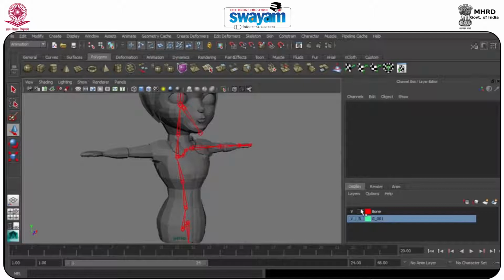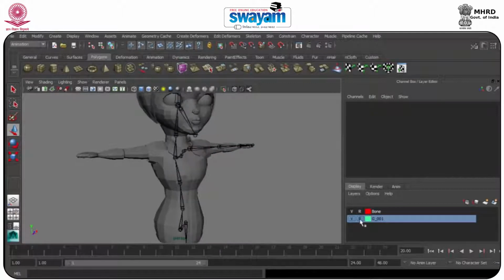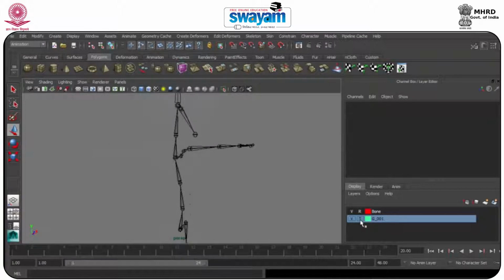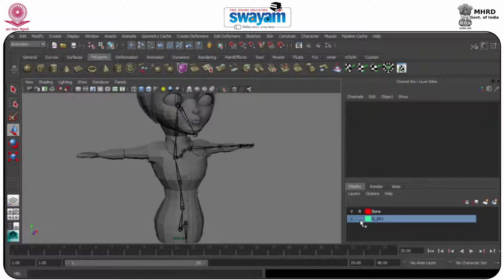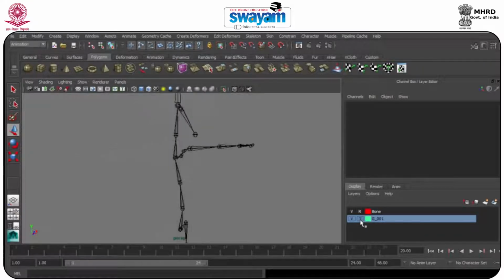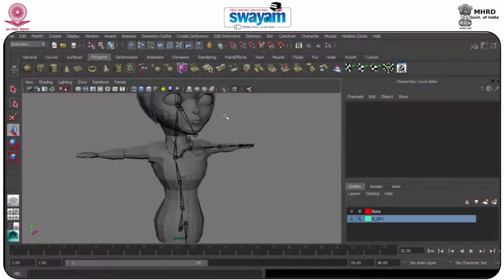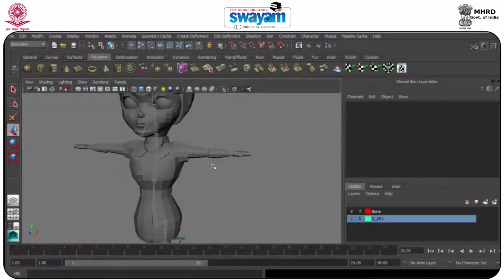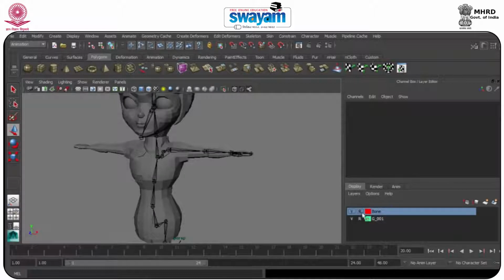So renaming is very important, as you can see. R will allow you to freeze that particular thing in that particular layer, and T will allow you to hide that thing. So R, this is off mode, and this is T. Now you can select the bone because R is there. Click, you can select. Now if you click over here, it's been turned off. That means it is transparent. So this way you can work.